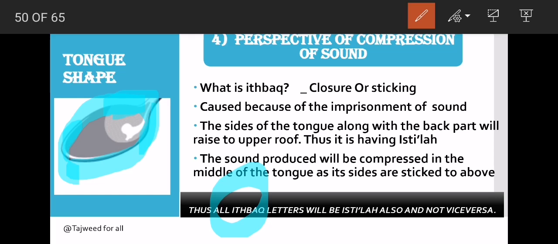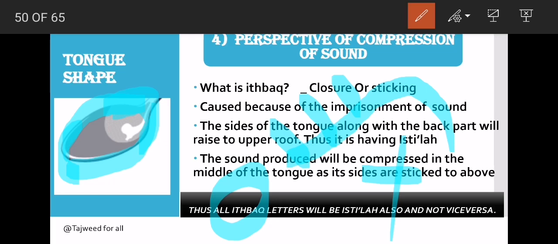But what is with the isti'la? In isti'la we are raising only the back part of the tongue. We are not raising the sides of the tongue. Okay, we have to keep in mind. It's very clear. We need this mechanism in the sifat time. There we have to study an important sifa. There we have to be clear about all these things, inshallah. If you don't understand, no problem, I will inshallah explain in more detail there. Okay, so just keep in mind all itbaq letters will be isti'la, but all isti'la letters will not be itbaq,